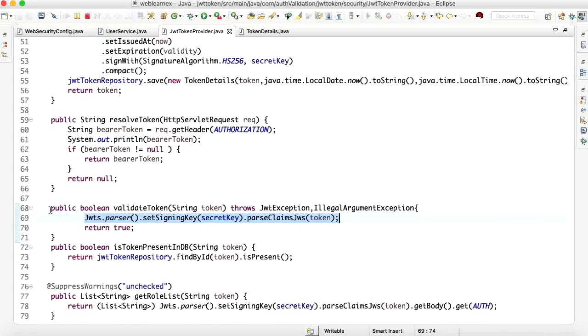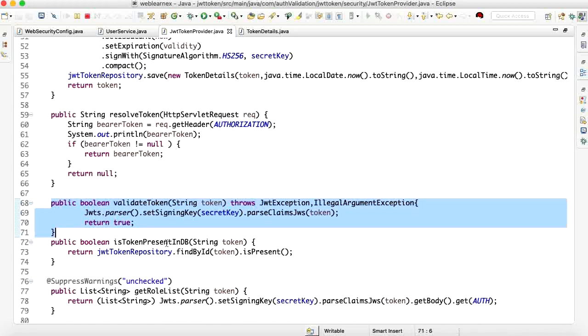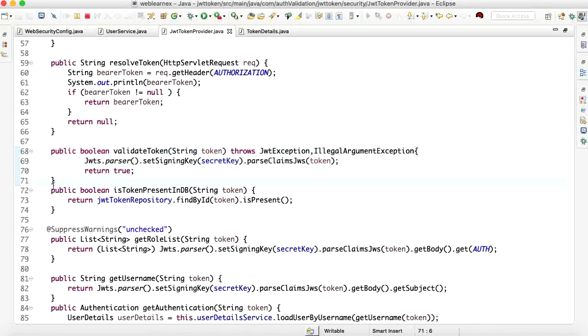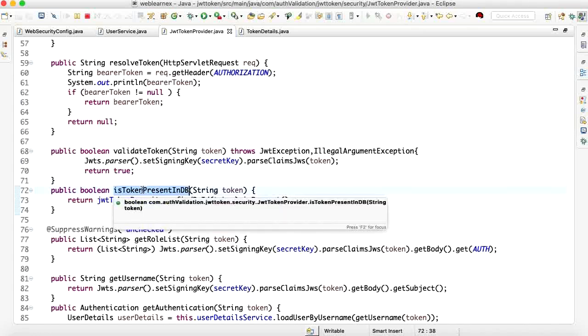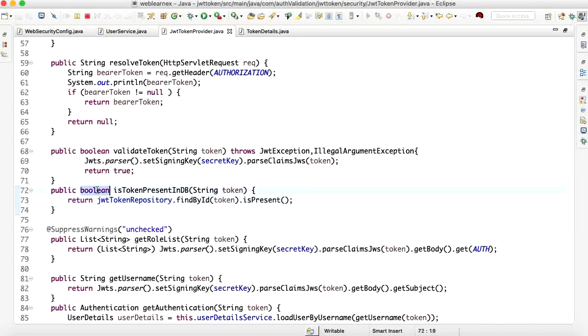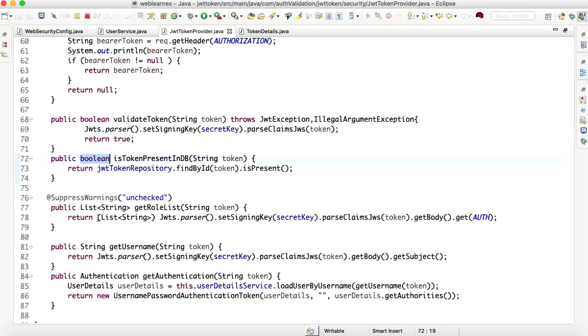That is not provided by me; it is provided by JWT IO, a predefined API. Then there is token present in DB or not: this method will check whether the token we have shared is found in the DB or not. If it is present, then it will return true, otherwise it will return false.